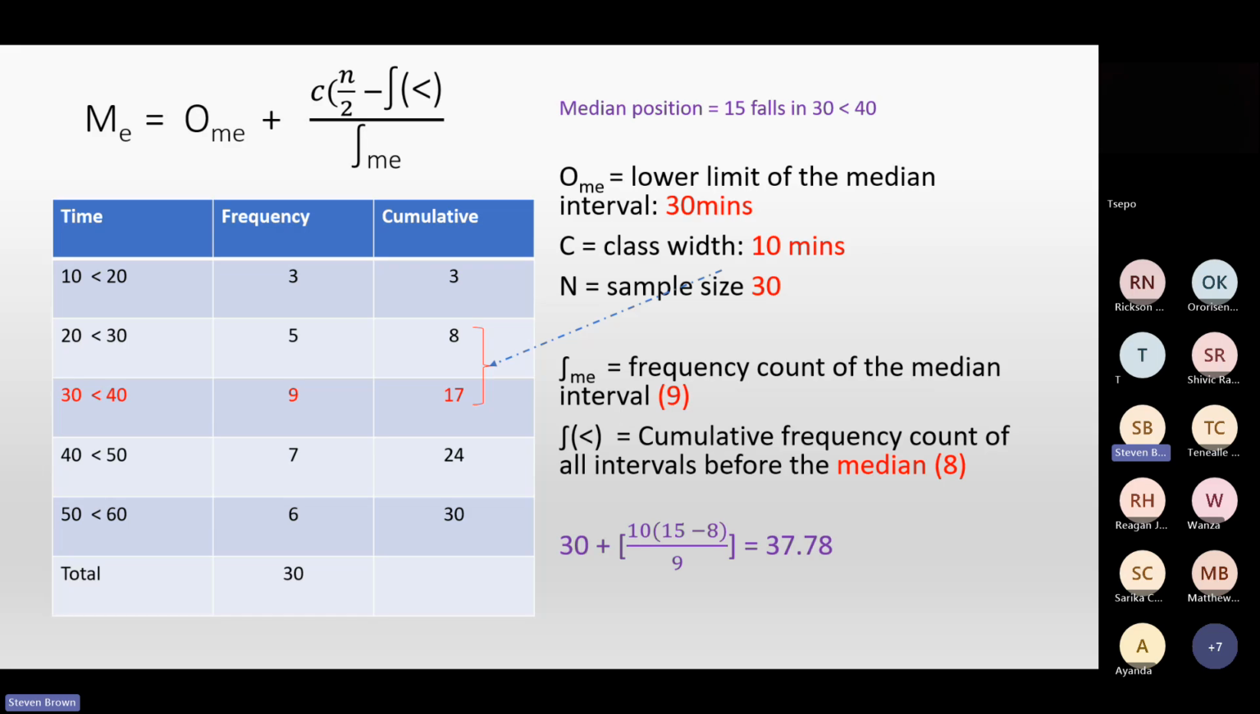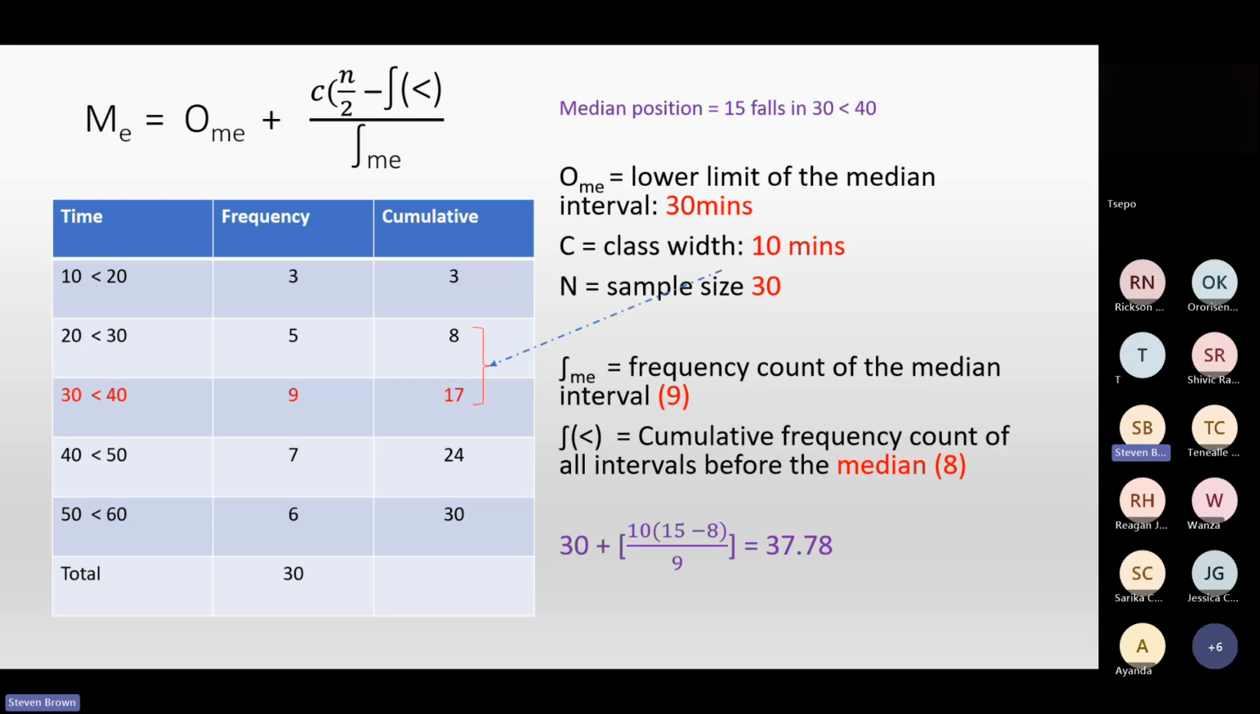Now, this is the median interval. So what they're asking for is a cumulative data count of all the intervals below that. That is 3 plus 5, which is 8. So that's where your 8 comes from, all over 9. What is 9? 9 is the frequency of the median interval. So you now have all your data. You work that one out, and then you add it to 30 right at the end, and you get